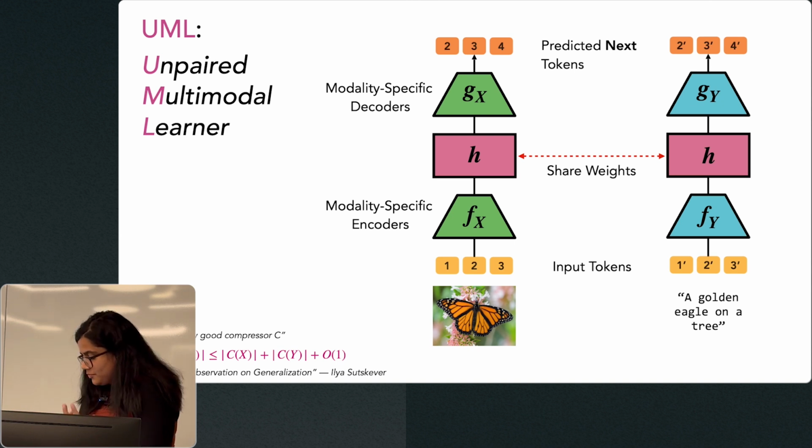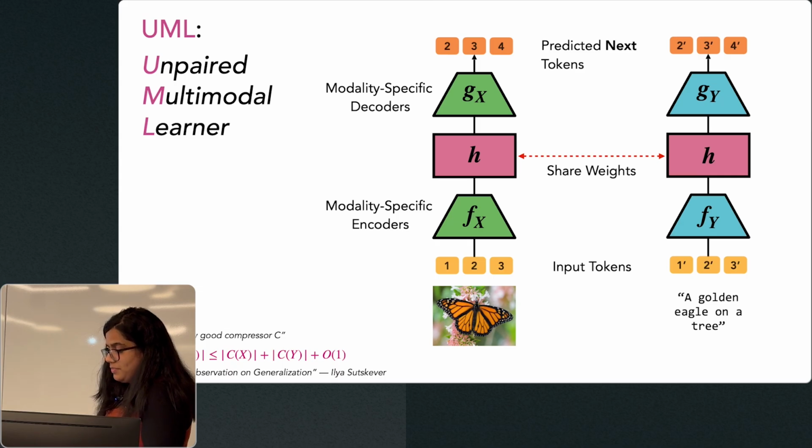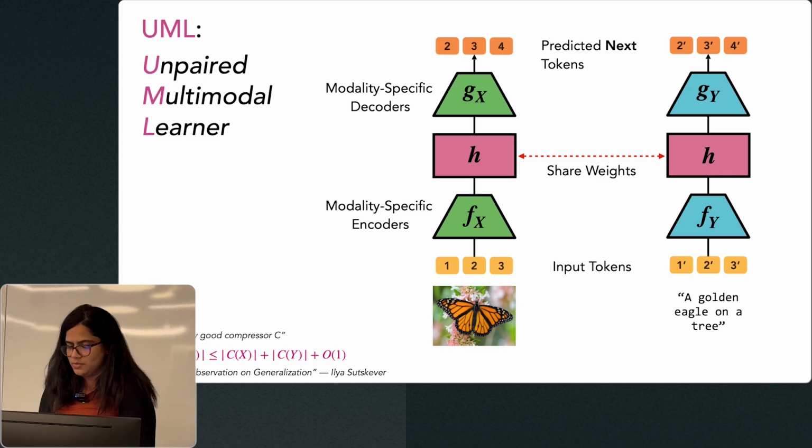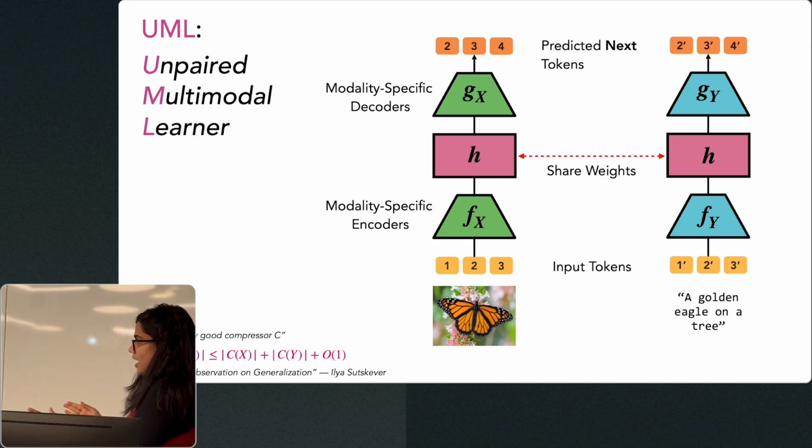So now, to train this particular model, you can have a lot of variants. The particular variant that we use in the paper is next token prediction or next patch prediction. For instance, for this input 1, 2, 3, the goal of the left model is to predict the next tokens, which is denoted by 2, 3, 4. And similarly, on the right side, for 1 prime, 2 prime, and 3 prime, the goal of the network is to predict 2 prime, 3 prime, and 4 prime, which is the classic next token prediction loss in language models. So this whole architecture and this whole method, which we call UML, or Unpaired Multimodal Learner, is inspired by